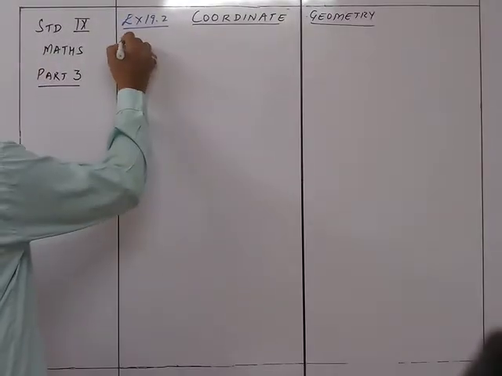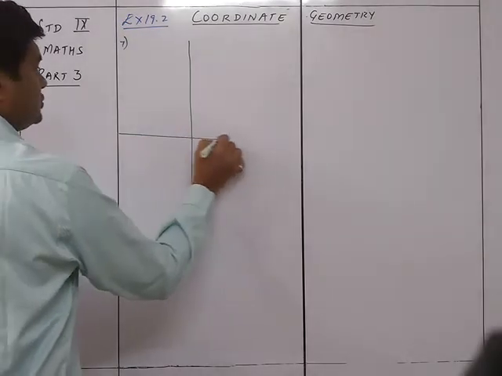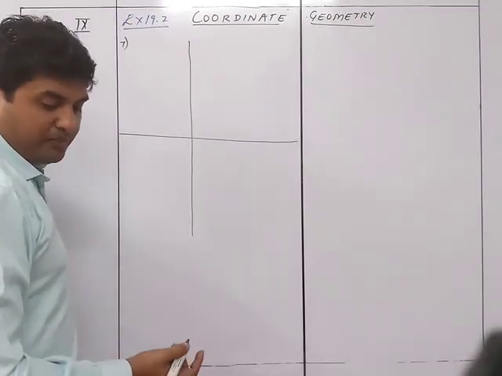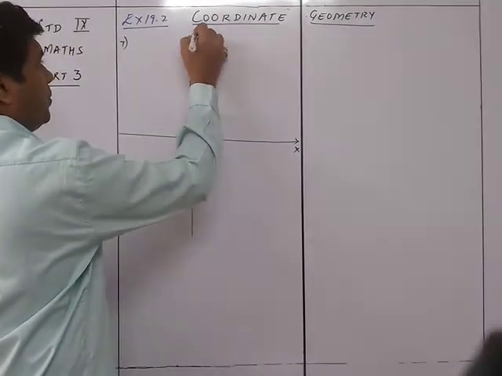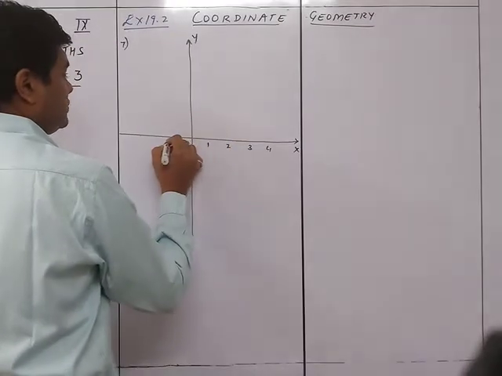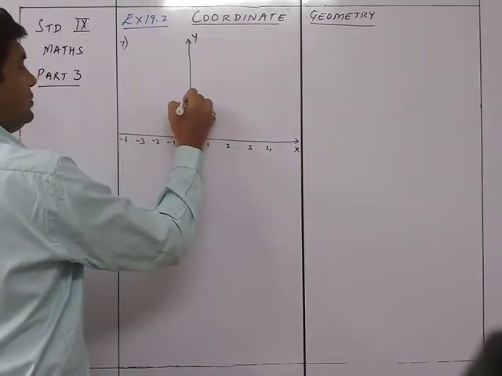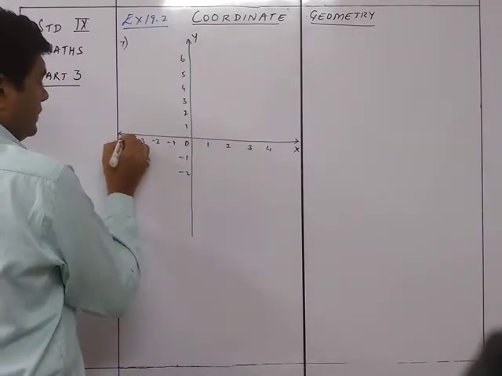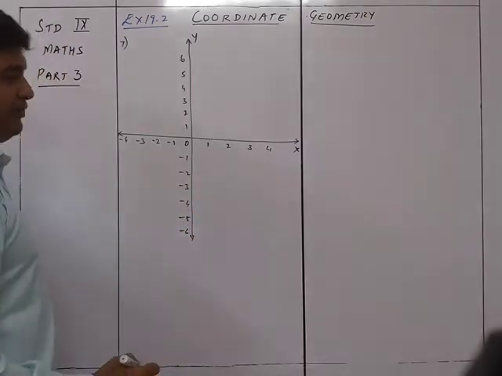So we are just going to draw the graph over here. You can see the maximum values over here are y is 4, and minus 5. So we see over here 0. This is your x, this is your y, and you have got over here 1, 2, 3, 4. This is minus 1, minus 2, minus 3, minus 4. This is 1, 2, 3, 4, 5, 6. Minus 1, minus 2, minus 3, minus 4, minus 5, minus 6.